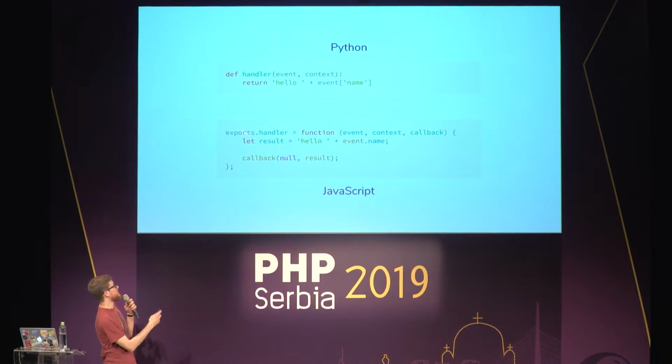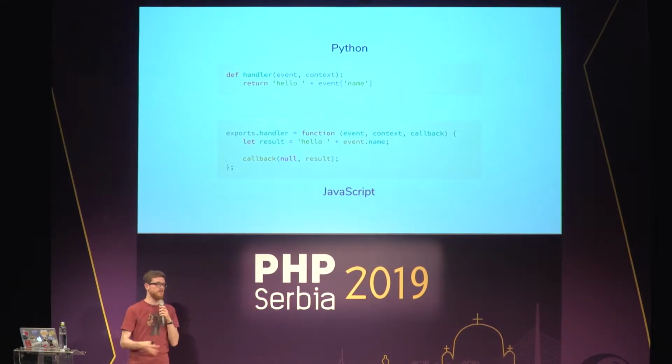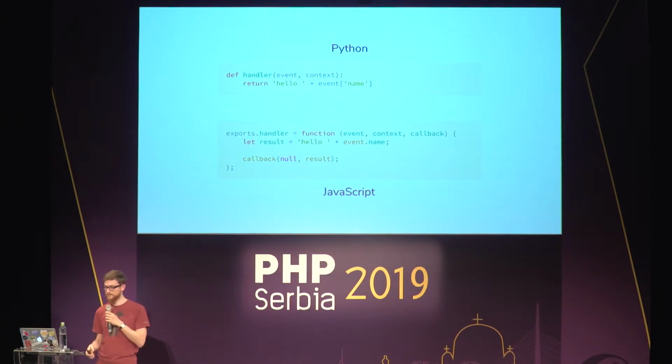But this is just one example. The idea is always the same. You write a piece of code, and it's a function which takes an event and returns a response. In the JavaScript example, you can use a callback to return the response because this is asynchronous, this is JavaScript, but the idea is the same. You take an event and you return a response.